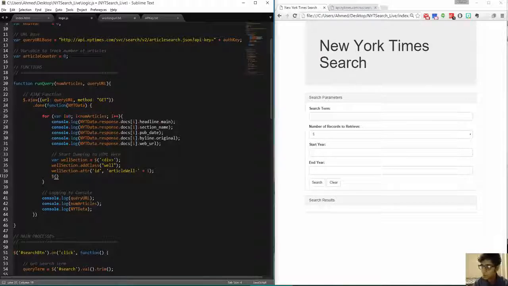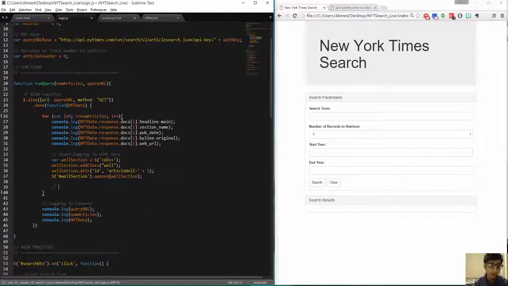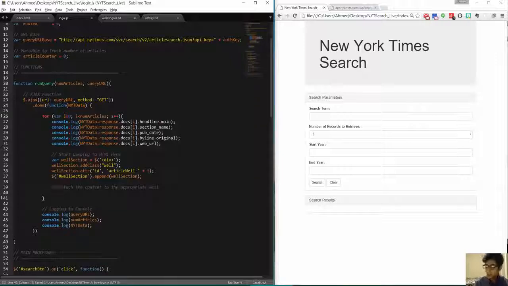Next, we need to grab our well section, and we're going to append this variable well section. So we took the HTML well section, and then we added the jQuery one. Now we need to add in the content to the appropriate well. So let's do this here as well. Attach the content to the appropriate well. What we're going to do in this case is say